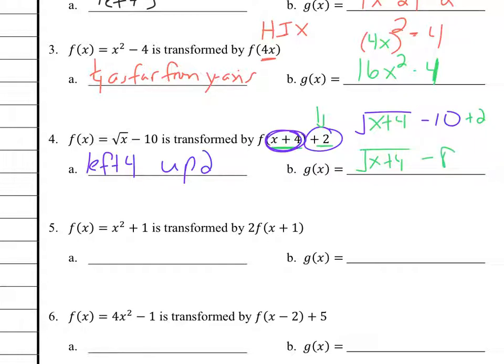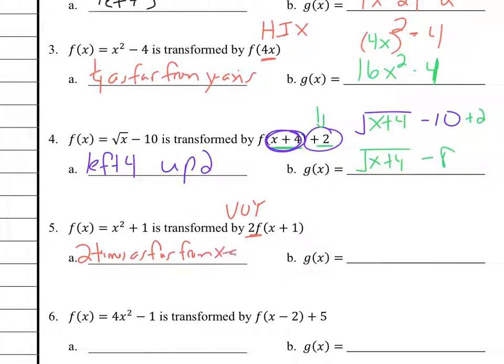All right, next question. X squared plus 1 transformed by, yep, 2 things again. Tons of fun. We have the outside parentheses. That is multiplication. As soon as it's multiplication, we know we have to be saying it's something 2 times as far or half as far. Outside is affecting the y. So if it's affecting the y's for void, that means it's going to be from the x-axis. You're changing what the y's are. That means you're getting closer or farther away from the x-axis. So this is going to be 2, it behaves as you expect. So this is 2 times as far